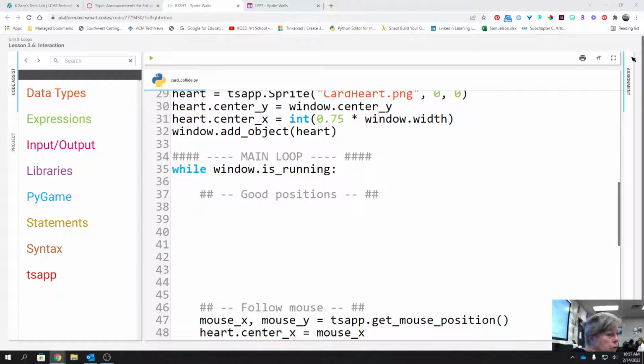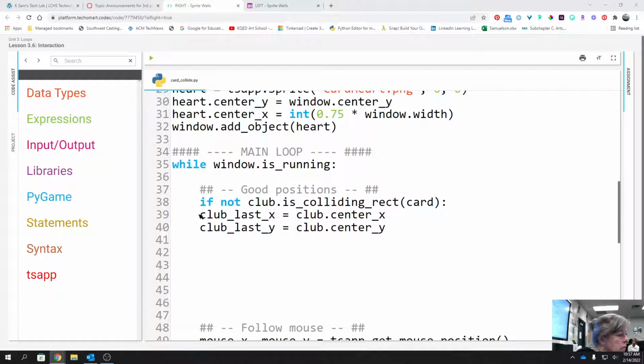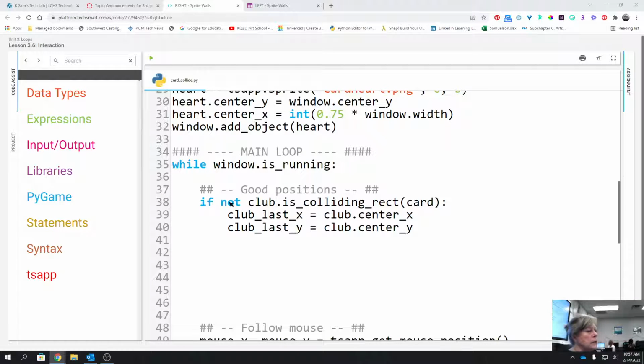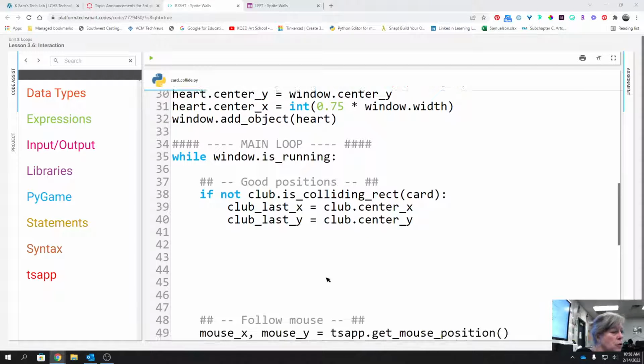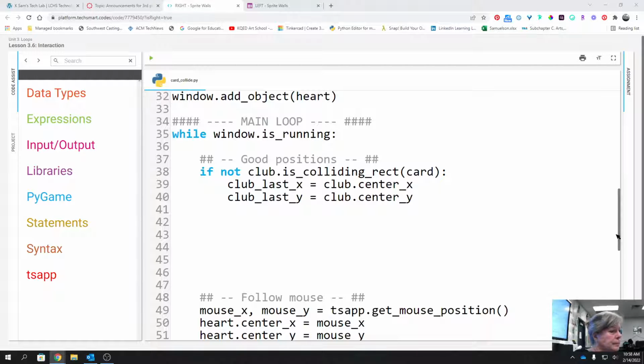So what we're going to do is check to see if not club is colliding rect with card, then club last X equals club center X, and club last Y equals club center Y. So it's starting by saying if not,